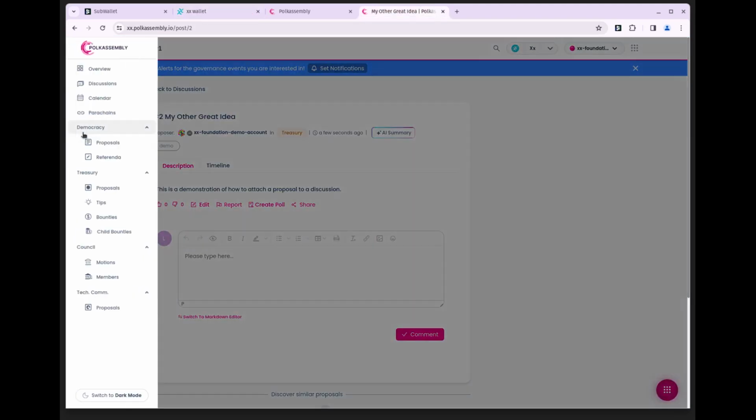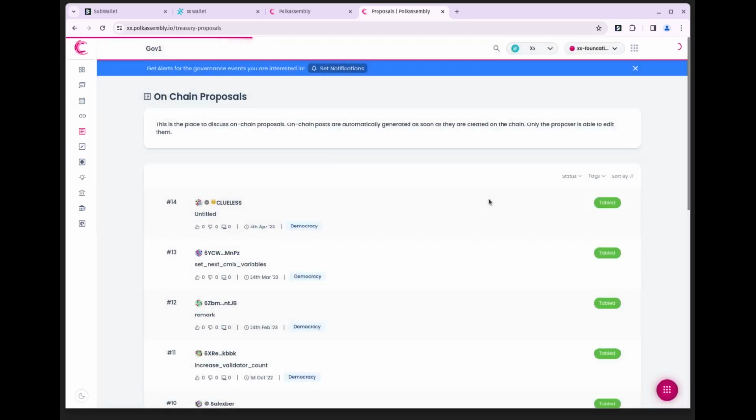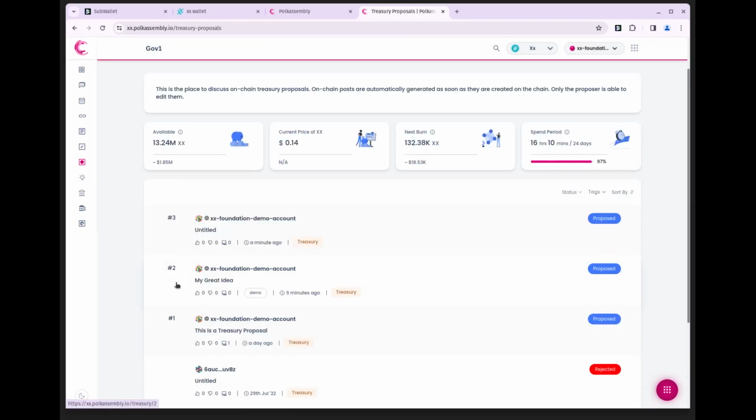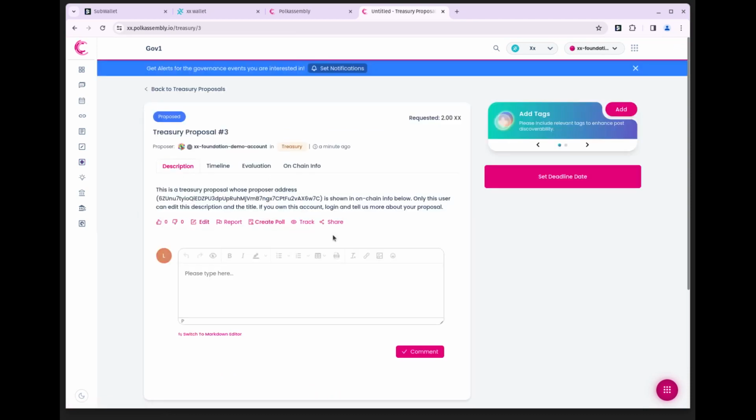Now what I'm going to do here is go to Treasury proposals. This is the one we just created, my great idea. Now this is the one that we called a discussion, my other great idea. All right, so we're going to attach this proposal to our discussion. Okay, to do that, up here, there's these little suggestions. We're going to add, it says add tags, but we're going to go to the next here, and it says link discussion. Okay, so notice here's the default information that gets generated when a proposal is created on the blockchain,